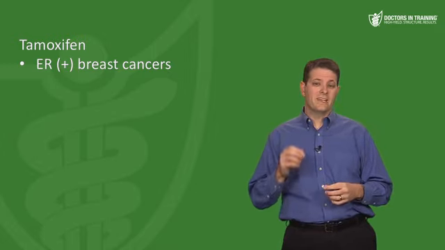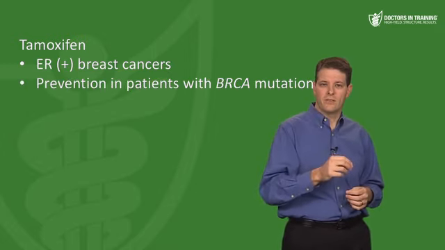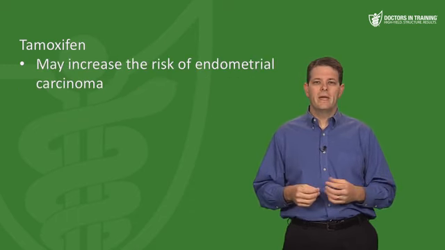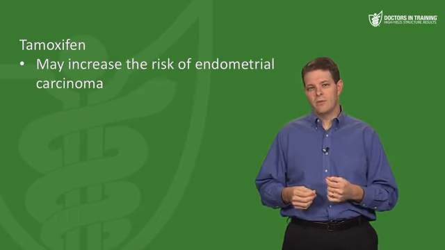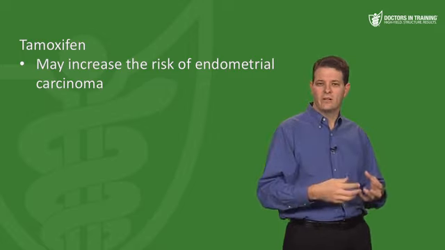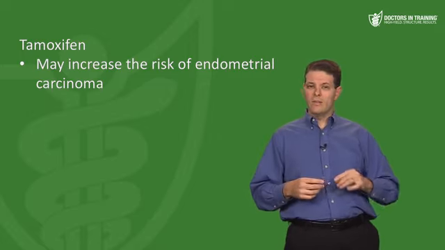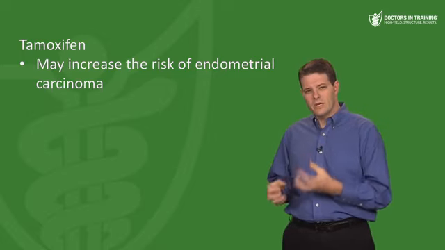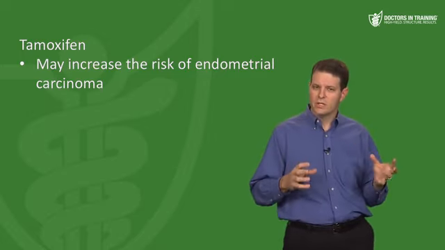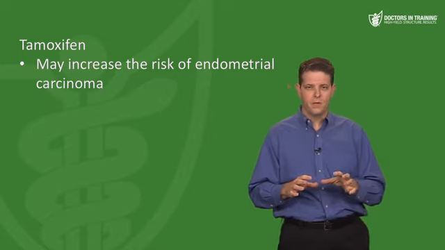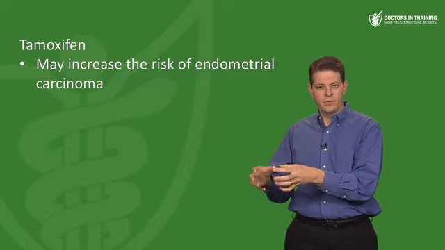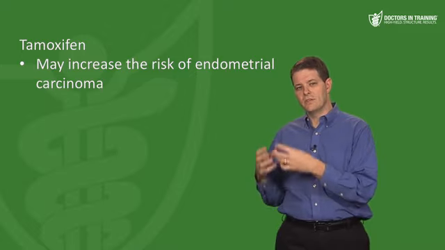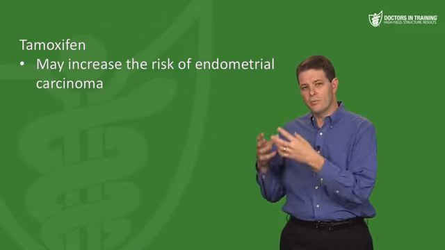And sometimes you can actually give tamoxifen to prevent breast cancer in patients with a BRCA mutation. Tamoxifen may increase the risk of endometrial carcinoma because it has a partial agonist effect on the endometrium. But we sometimes use tamoxifen off-label to treat women with advanced endometrial cancer. Now, that's potentially confusing, so let me break it down for you. If you do not have endometrial cancer, tamoxifen could overstimulate the estrogen receptors in the uterus and cause endometrial proliferation